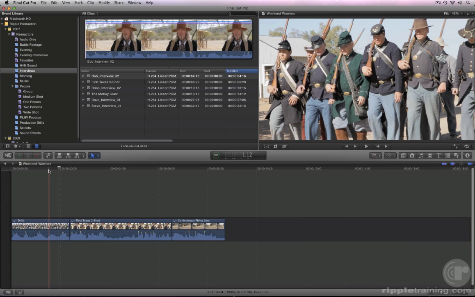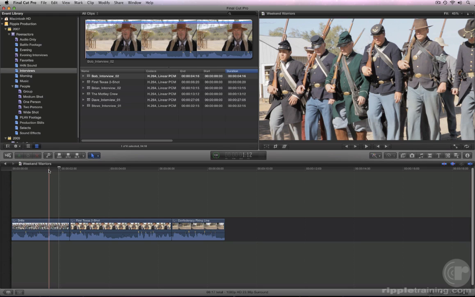We're now going to look at two familiar edit options for those of you coming from earlier versions of Final Cut Pro, the Insert and Overwrite edit. Insert and Overwrite edits can be performed using either the skimmer or playhead location in the timeline. Let's first look at how to execute these edits using the playhead,